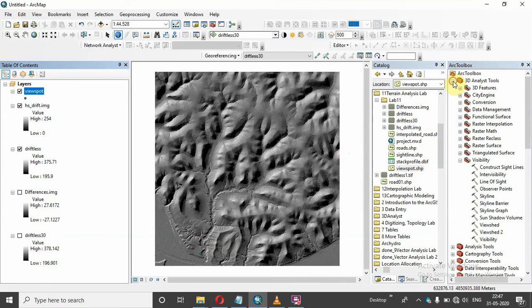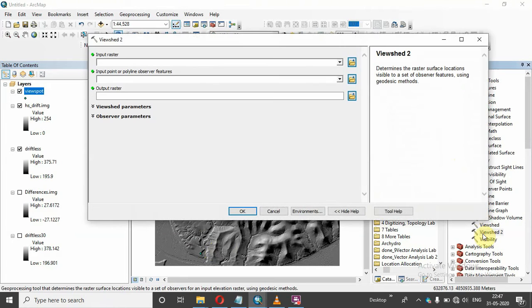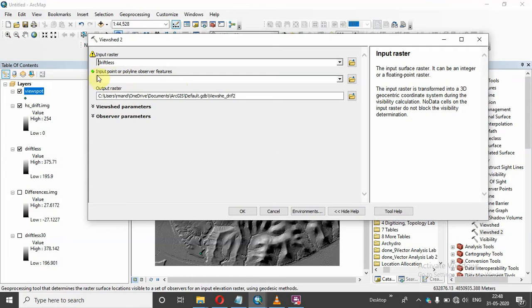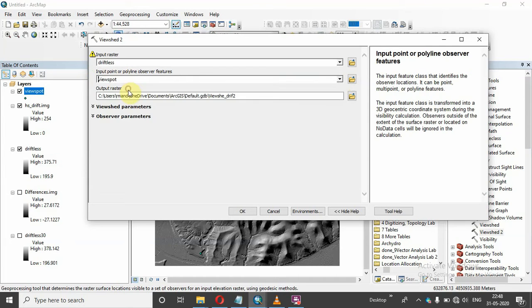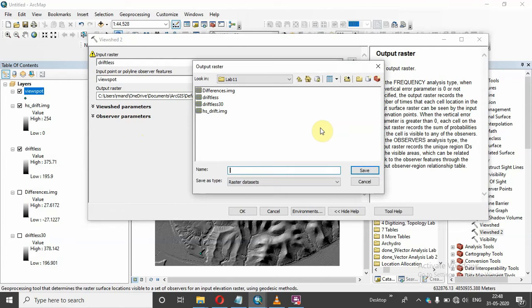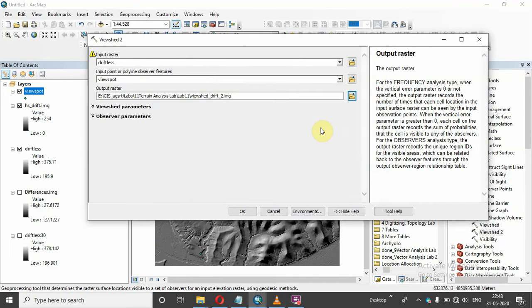For the viewshed, go to 3D Analyst Tools, Visibility, then Viewshed 2. Then choose input raster as Driftless, input point as the view point, then put the name as something like viewshed_drift2.img.